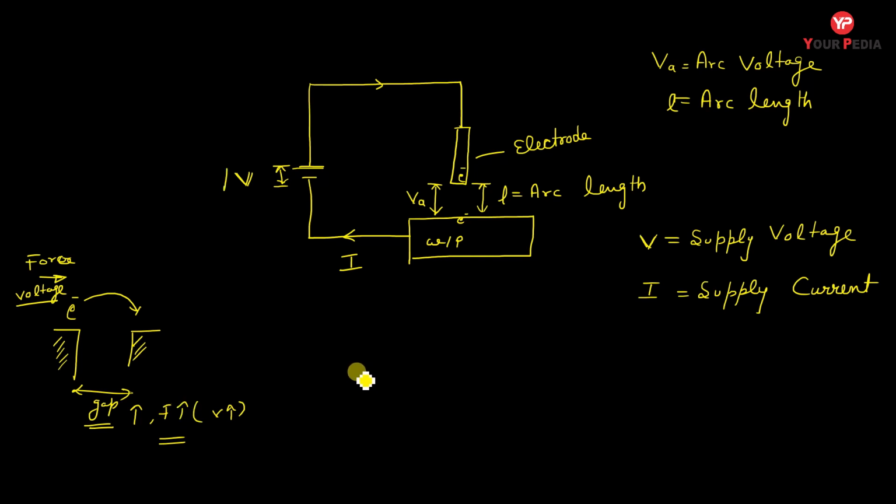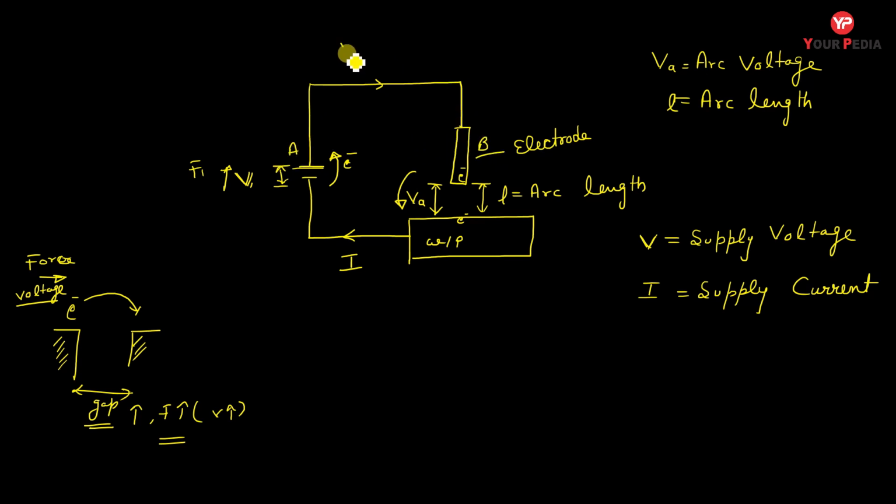Now let us consider an example. Here we apply force F1 or voltage V1, and here is the voltage to jump the electron. Basically, what we have to do is make the electron jump from this place to this place. So there are two places of jumping of electrons. Now if the voltage is more here, then more and more electrons come from this place to this place, for example from point A to point B.